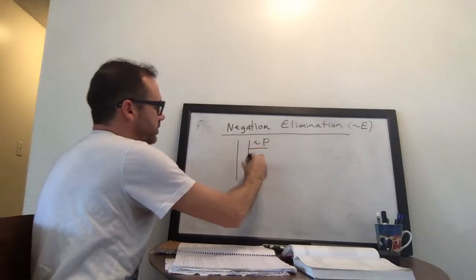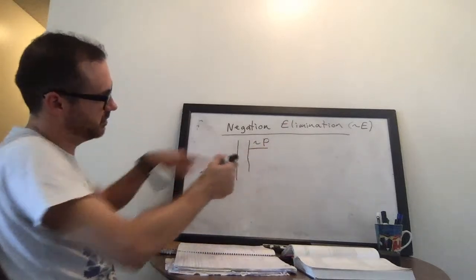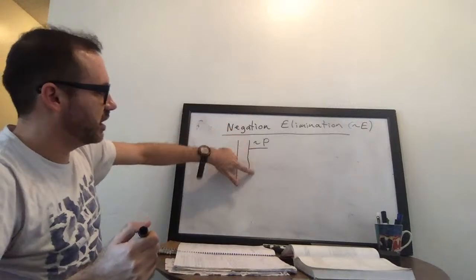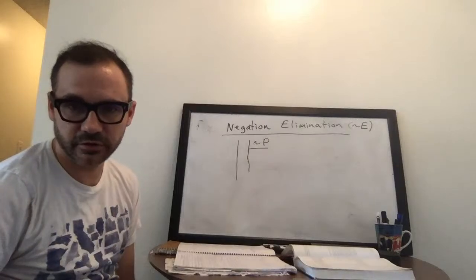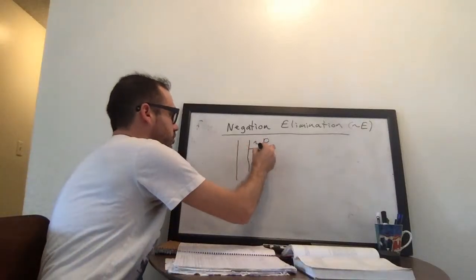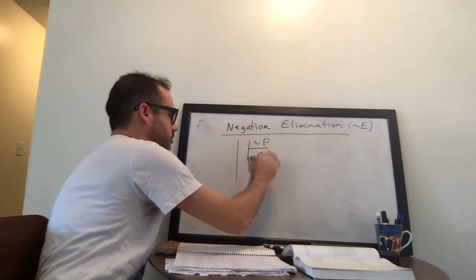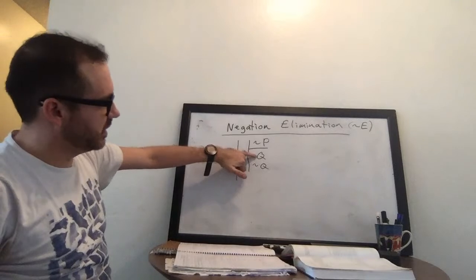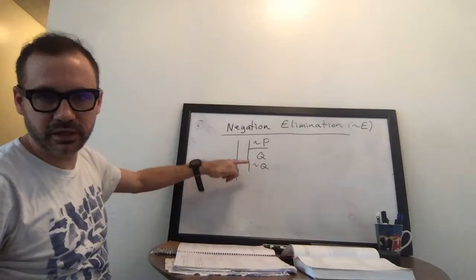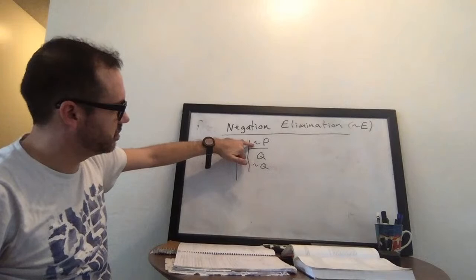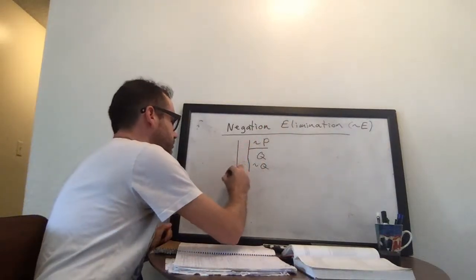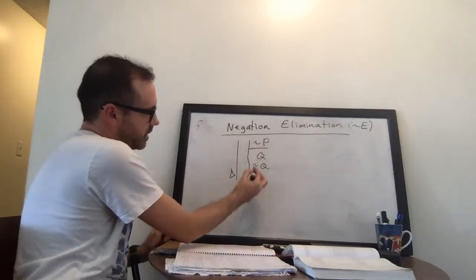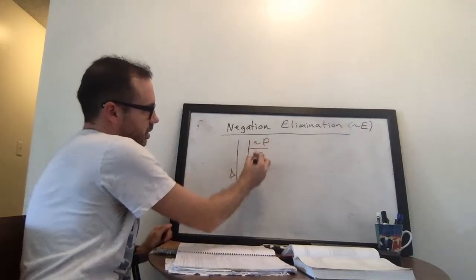And then within the subderivation, as the scope line continues downward, suppose that inside the scope of the subderivation, you get two sentences that are opposites of each other, like Q and then not Q, tilde Q. If a statement and the opposite of it can both be derived from this assumption, that means that we can then close the subderivation, and outside of this broken scope line, we write the opposite of this statement,